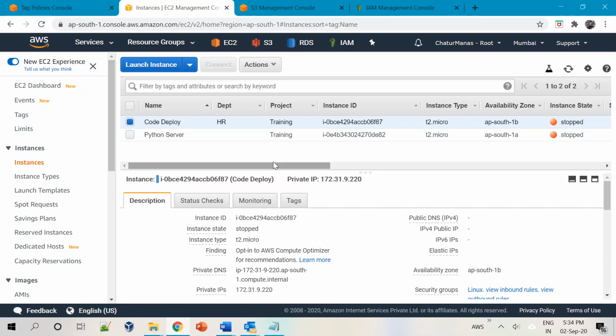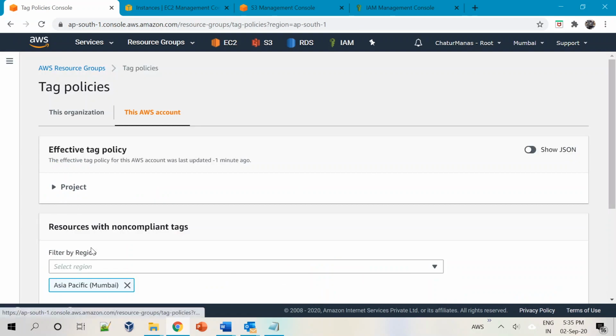It may be consuming some billing cycles, right? Why do you want to unnecessarily run some servers on a production AWS account, right? You do not want to do that. So if you want to keep this mandatory, how do you do this compliance check? That you can do using tag policies. So the tag policies, let me show you how it works.